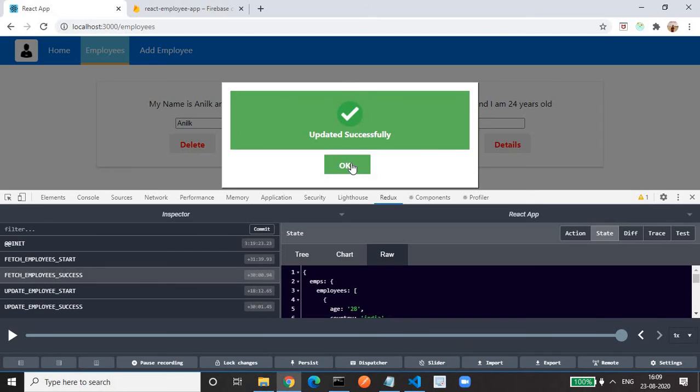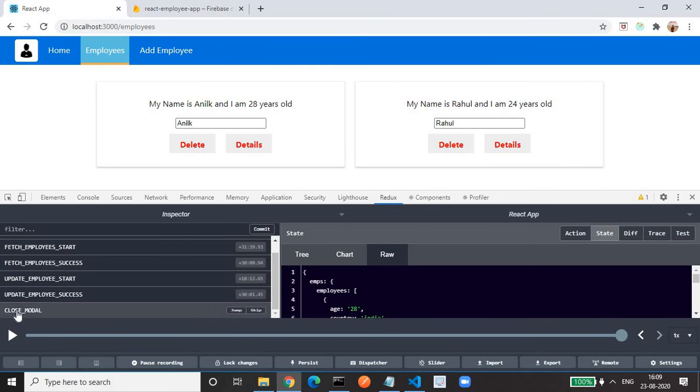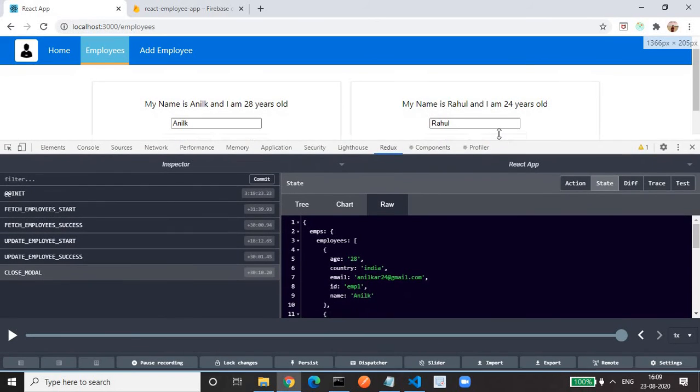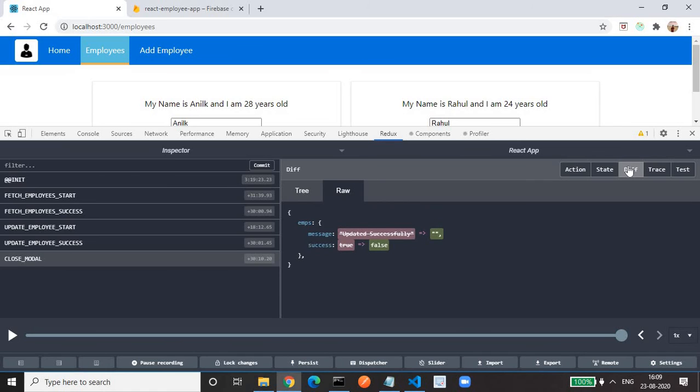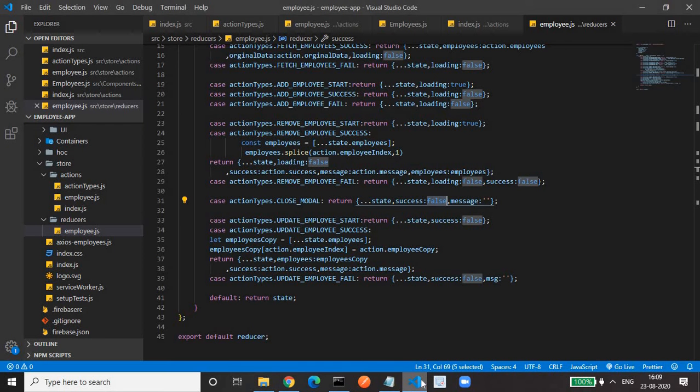If you see, close model is called, this is the action that is being called, and if you go to the difference, it is making the message empty and success from true to false. When success is false, our dialog box disappears. So this is a synchronous action, so we don't need any spinner for that. That's why we have only one action. Okay.